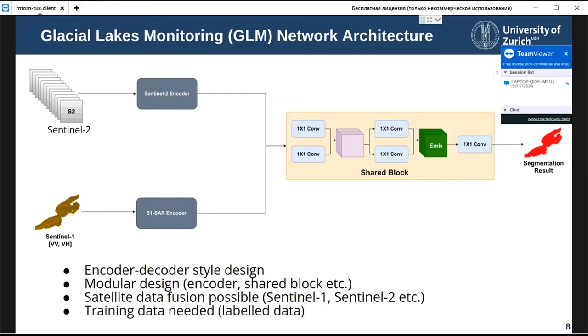And as you all know, with machine and deep learning, training data, that is labeled data, is really needed to train the network, to learn the parameters of the network. So this is actually one of the constraints for machine learning. So we need a lot of labeled data, which will be used to teach the system. And then using the trained model, the data from the test regions can be tested for the lake and the